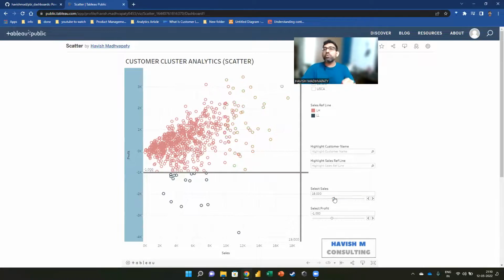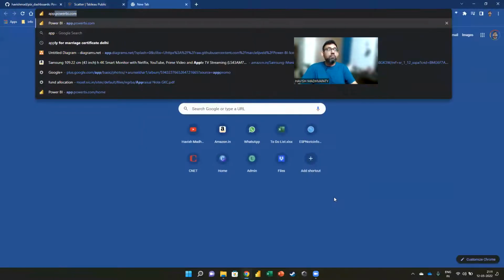See, when I'm meeting a new client and I want to get work from them, I open something like this, and this gives them confidence that Havish has actually done it before. So we are sure he can do it again. If I just tell them that I have 15 years of experience and I've worked with so many clients, it doesn't add any value, right? I have to show them live what the tool is capable of and what I'm capable of. The same thing I've done for Power BI as well.